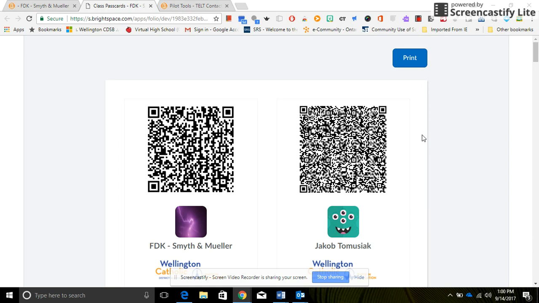So we click that. And at this point, again, we're going to pause. We're going to let it populate. And we really need to maybe count to 10 before we actually print. And there it goes. So what this means is you can provide a full class QR code, which you could put on the wall for students to access the class, or for each specific kid, if you would like them to have their own pass card, you could put it maybe in their agenda or in another space